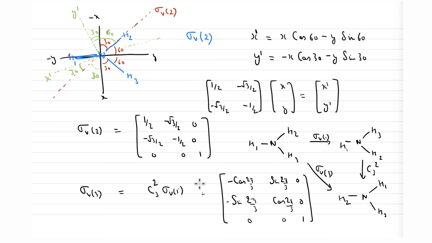What I have done is just the matrix multiplication of these two to obtain sigma v3. Otherwise, you can also write sigma v3 indirectly by doing an axis transformation using a reflection along this plane, but that will again be tedious. You'll have to do the axis transformation, write the new matrix, and do this,